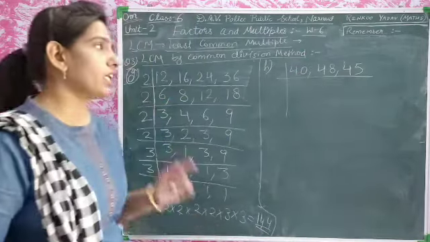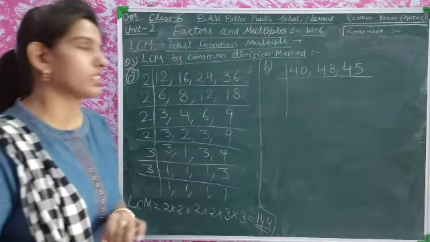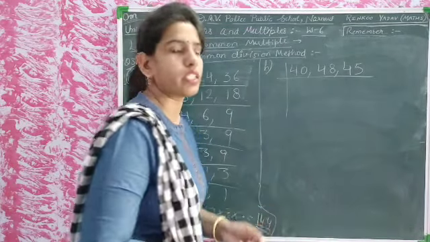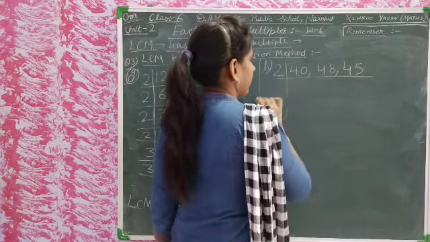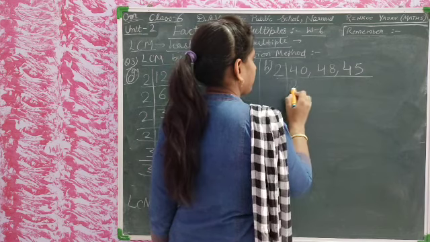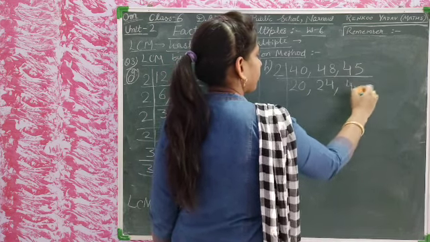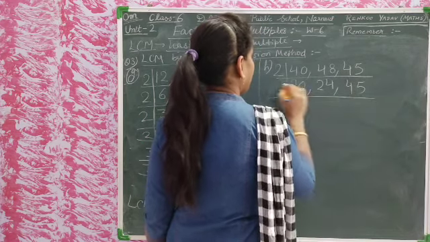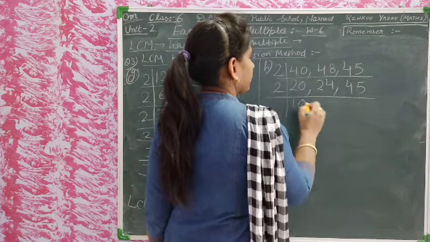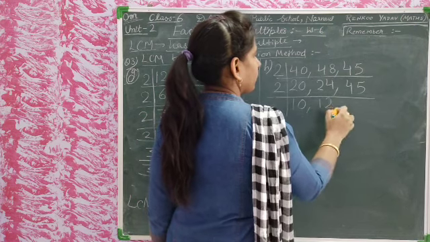Now we have the least prime number that divides all the numbers or more than one of the numbers. There is the number 2, the least prime number which divides these numbers. 2 4s are 8, 4 5. Now it will again be divided by 2. 2 1s are 2, 2 2s are 4.